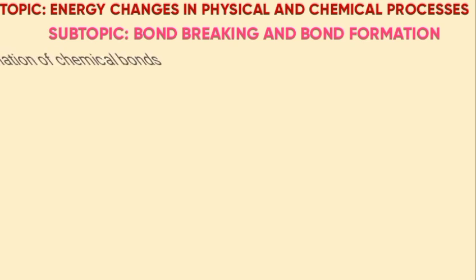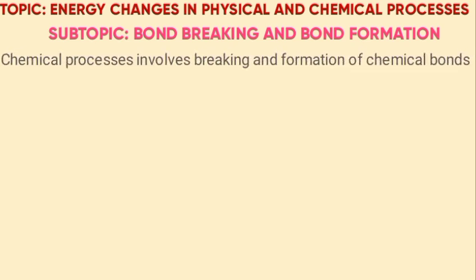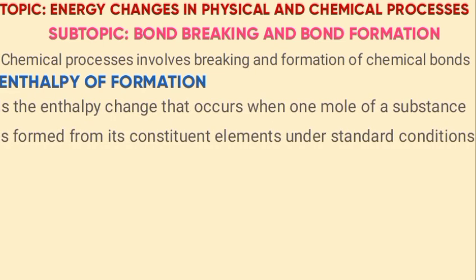Chemical processes involve bond breaking and the formation of chemical bonds, e.g. covalent bonds. So we start by looking at what is enthalpy of formation. The definition is the enthalpy change that occurs when one mole of a substance is formed from its constituent elements under